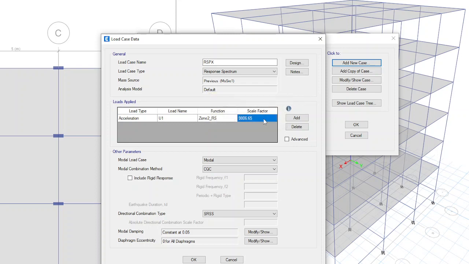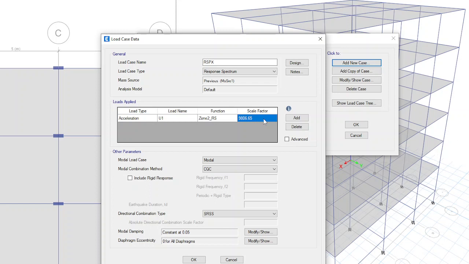This scale factor is considering the acceleration due to gravity, the g value. We have already given input for all other parameters, so let it be this value only.